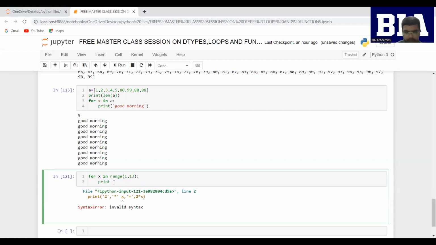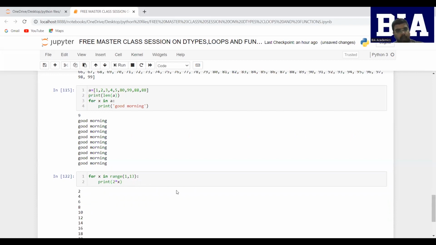Wait, I think there is some confusion going on. So it has printed me the table of 2. Whatever table I want, I'll write it instead of 2, so it will print the table of 12. If I want the table of 14, it will print the table of 14, and so on. So what I have done is for x in the range of 1 to 13. Range of 1 to 13 means it will go from 1 till 12 because it's inclusive and exclusive,